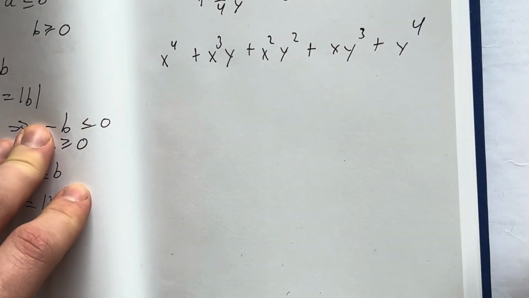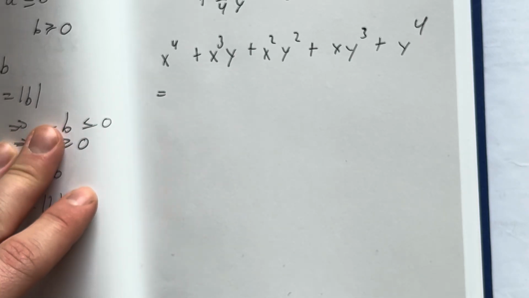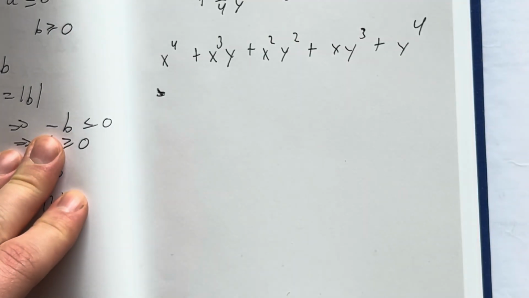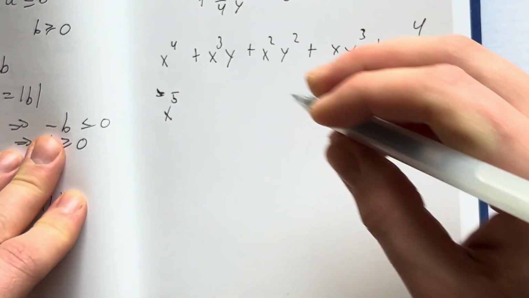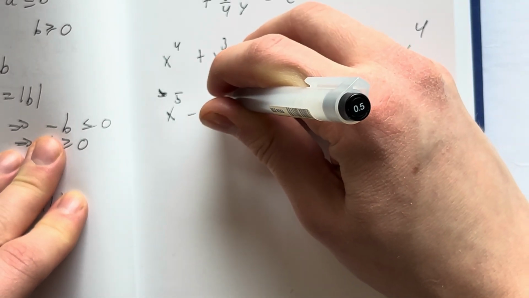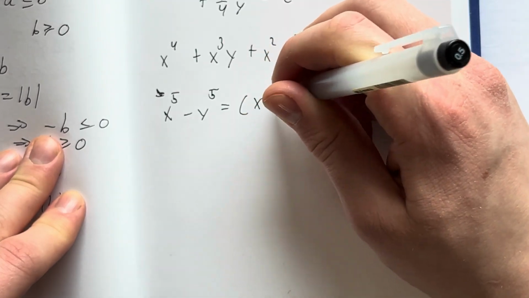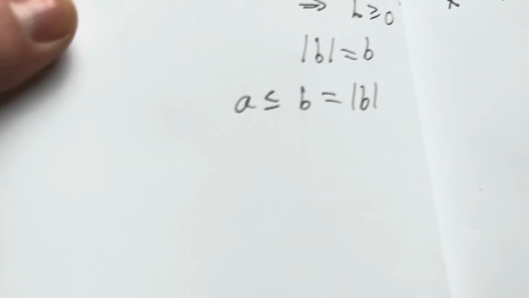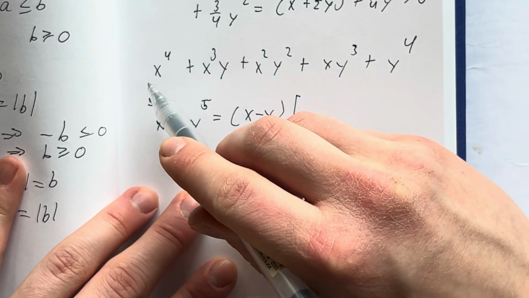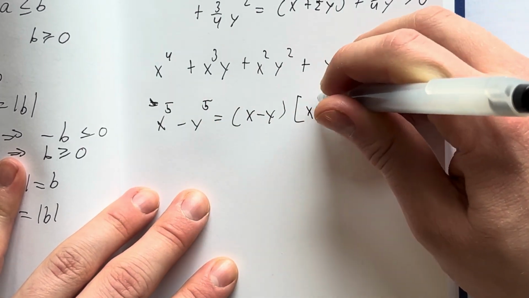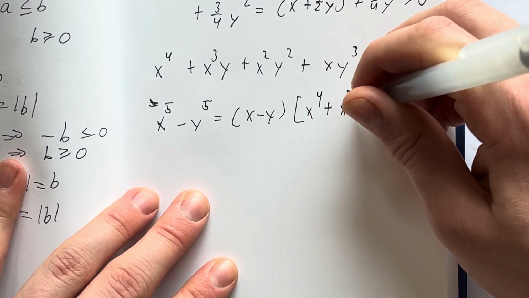And according to problem 1 part 5, we can do the following kind of factorization. x to the 5th minus y to the 5th is equal to x minus y times this whole thing. Yeah. So x to the 4th plus x cubed y